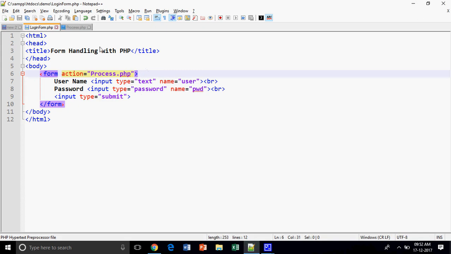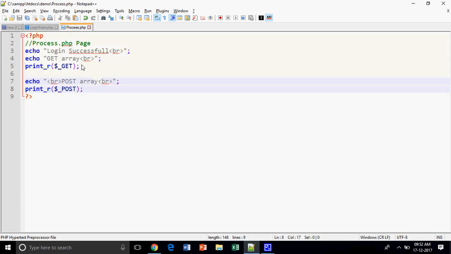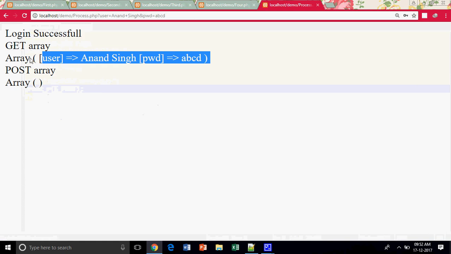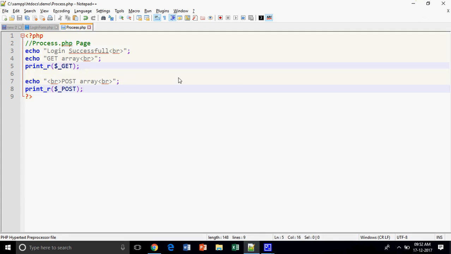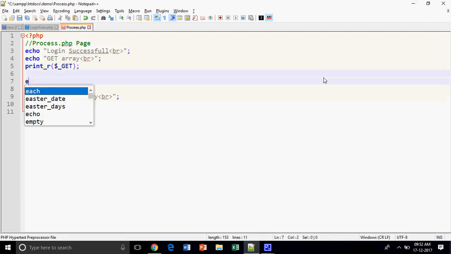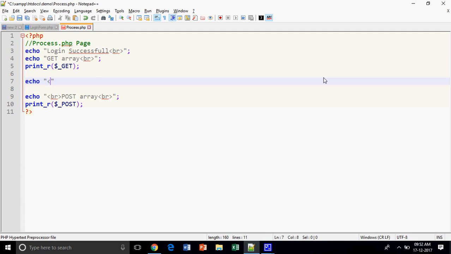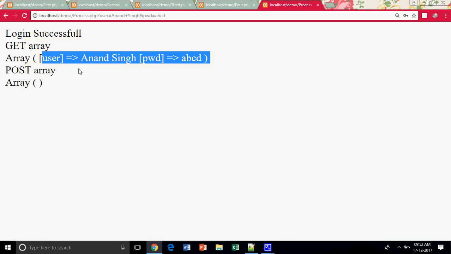If I want to use these values, we can, because I can see that my values have been stored in the get array. I can print these elements also. So how can I print these elements? I am going to echo, and I am going to print the username. How can I provide it? $_GET. This is my array name, and the value is user,